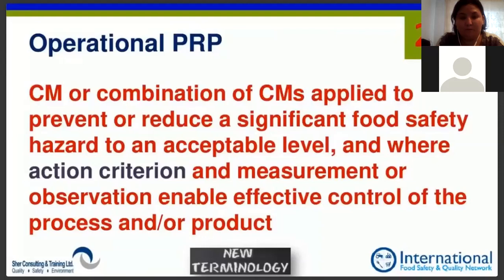So if I do have a few control measures along the way, and I want to choose which one's going to be CCP, then I will choose the one that is the most effective, not necessarily the last one. And that makes a lot of sense. Because if the hazard coming in is a hazard that's being introduced from raw materials, I wouldn't like to keep it in my plant all the way to the end. I'd like to eliminate it as soon as possible. So sometimes I will use the last point, sometimes I won't.